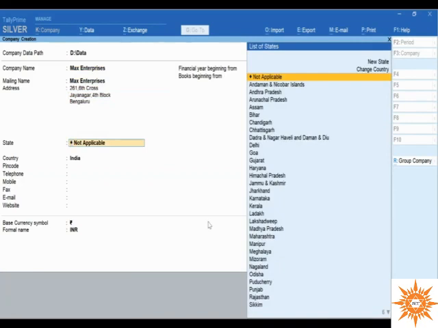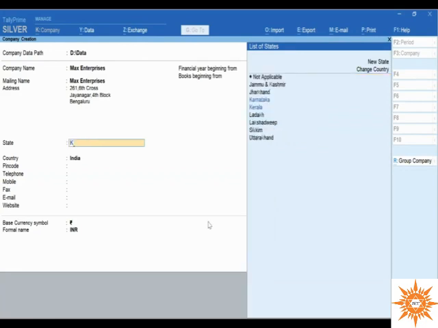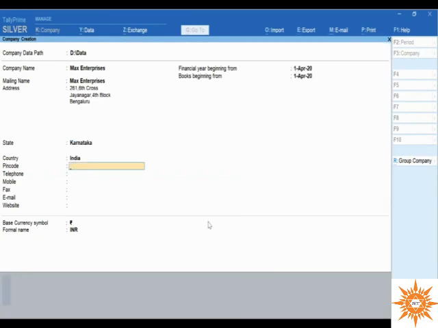And now, here is a tip for you. When you see a list anywhere in Tally Prime, you can quickly filter by starting to type the first letters of the information you want to select. Here, to select Karnataka, I will type K and the list immediately becomes small. Now press A and the list becomes even smaller. Now press Enter to select Karnataka. The country will be selected automatically.